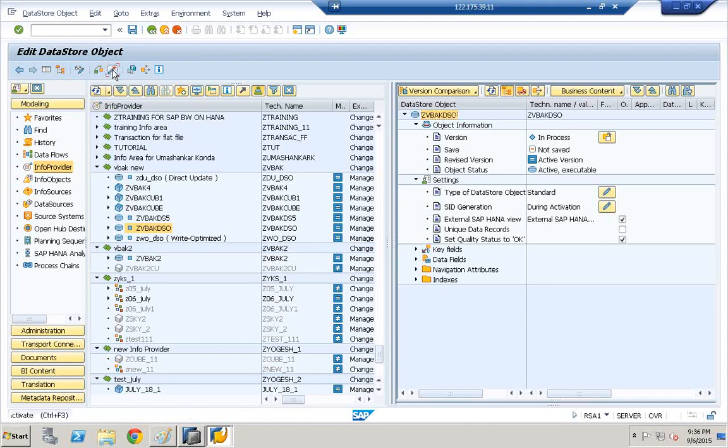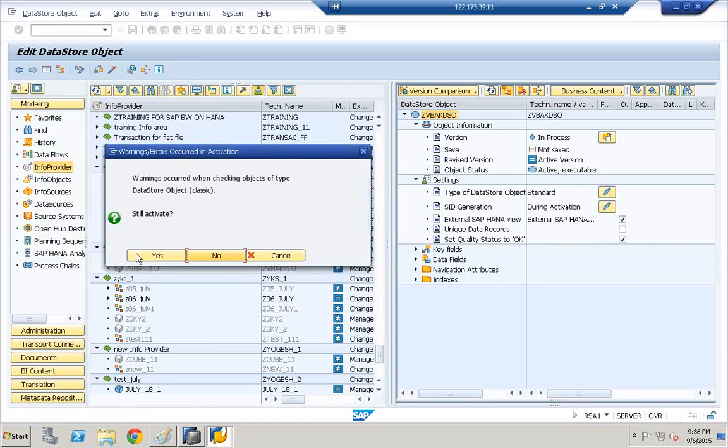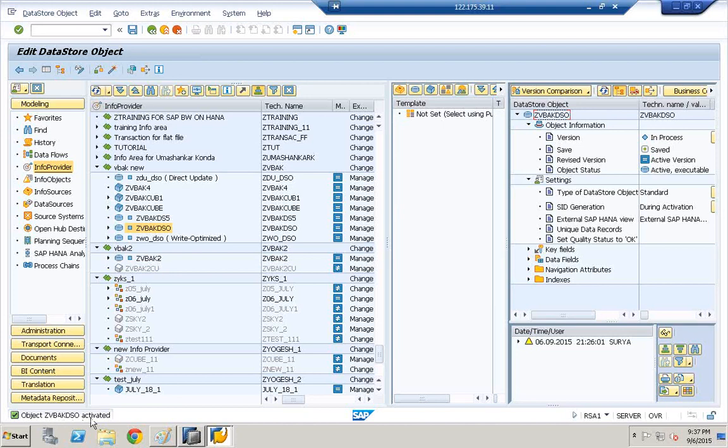When you activate this, click continue, click yes. The object is activated. So let us copy this object,